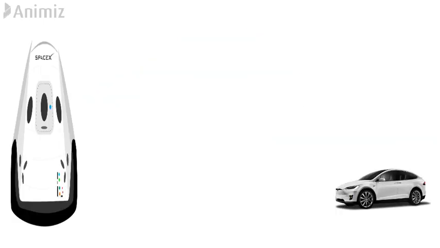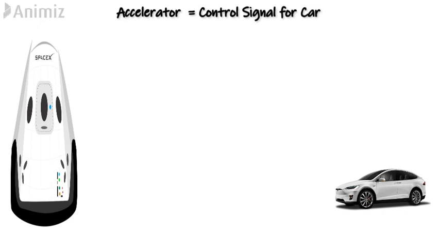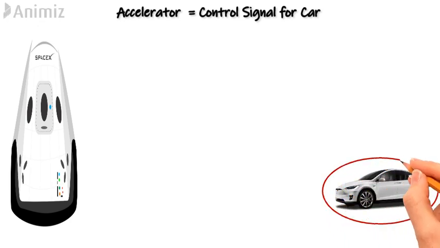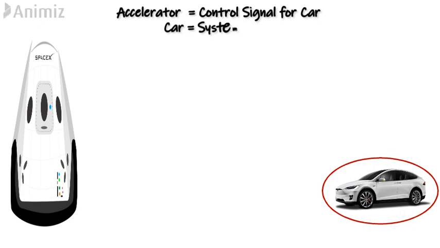Okay, so let's start understanding the working of fuzzy logic and the fuzzy logic controller with a more elaborate example. Consider an electric car, a Tesla Model S. Let's say the accelerator of the car is a control signal which controls the journey. Why can we say that the accelerator is a control signal? Because it will control its speed or acceleration. So we can consider a car as a system where the control signal is the accelerator.